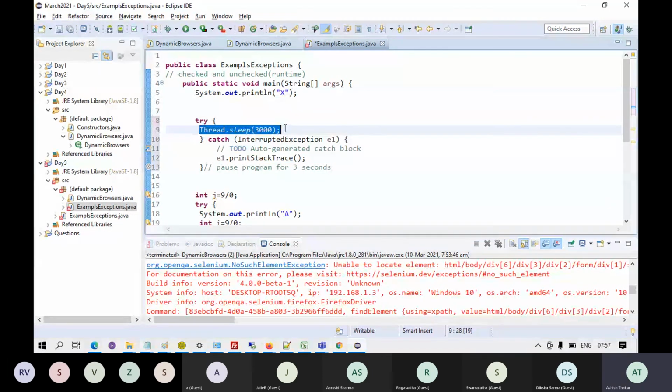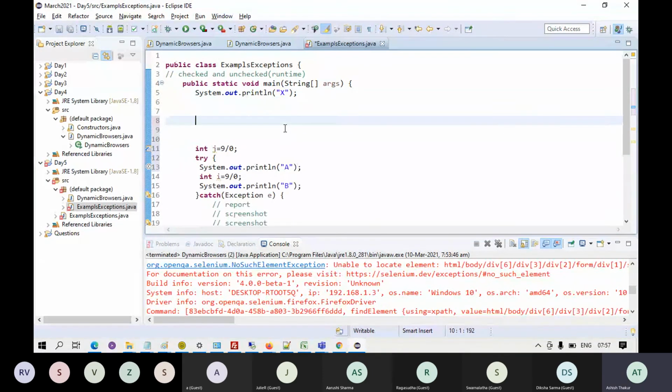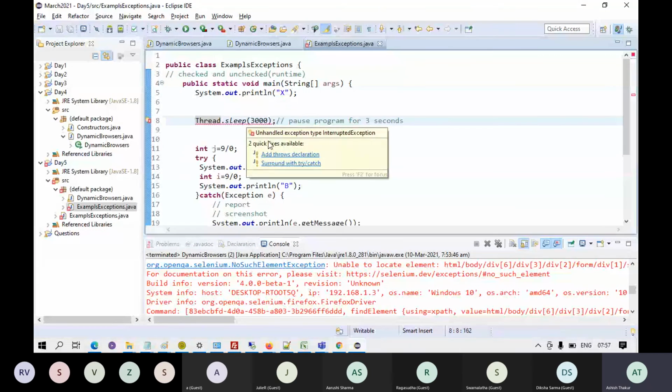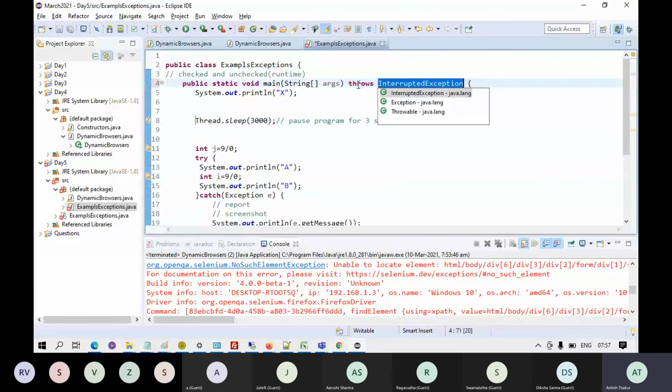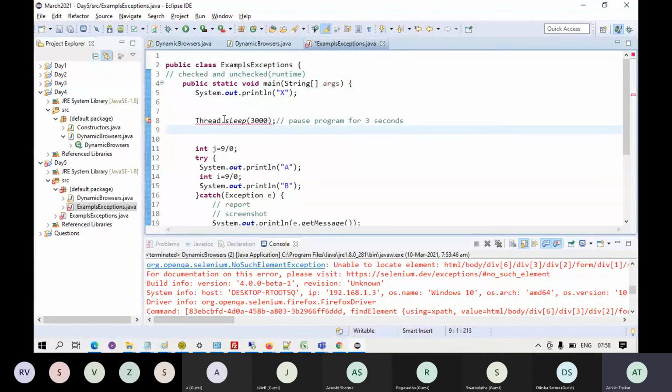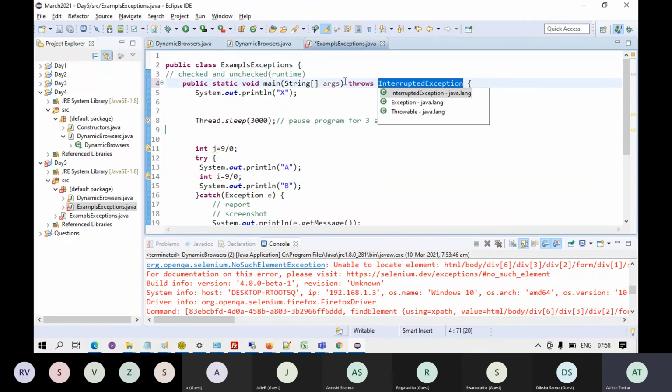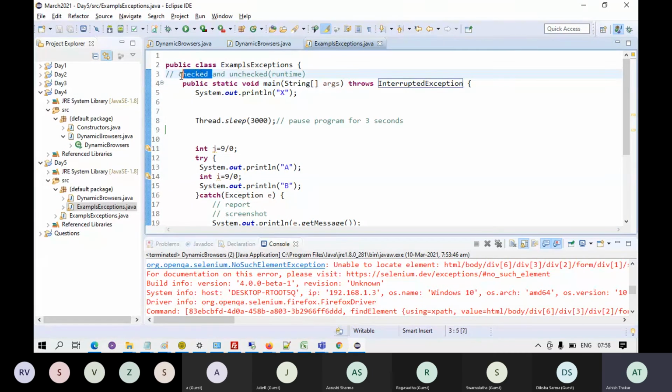To manage checked exceptions, there are two ways. One is to surround with a try catch block. The other is to add the throws declaration in front of the function, saying this method is capable of throwing an interrupted exception. That's it. Java forces you to do this in case of checked exceptions.